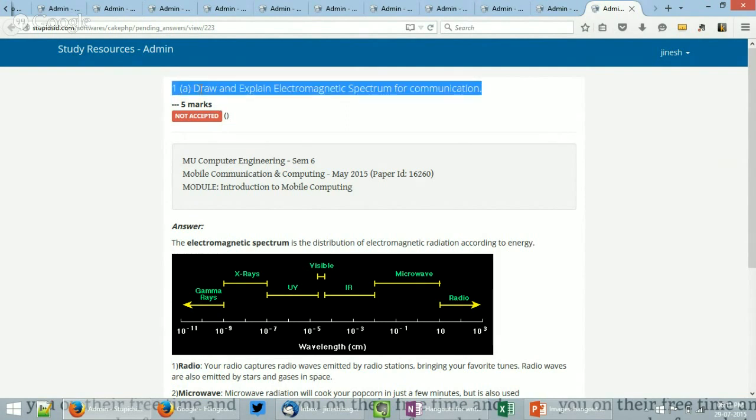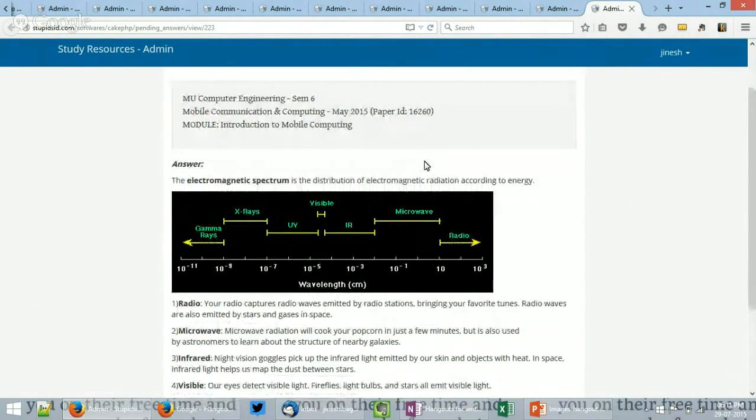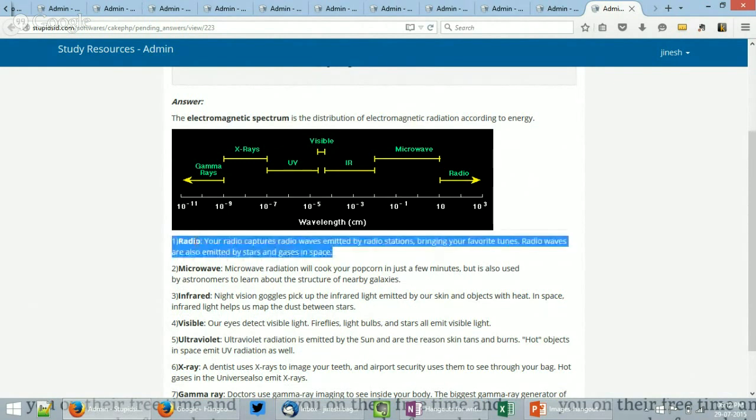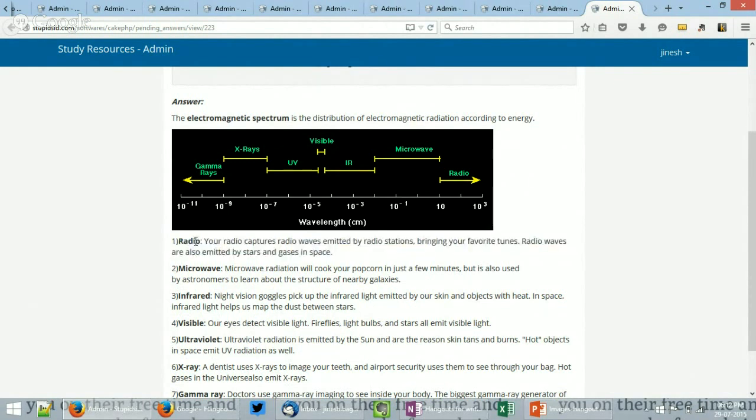So, talking about the question, draw and explain electromagnetic spectrum for communication. What has been explained is pretty vague and ambiguous. So, radio is not a part of the electromagnetic spectrum. All these waves are technically radio waves. Apart from the technicality, this segment could be FM or AM, but explanations have to be something that is